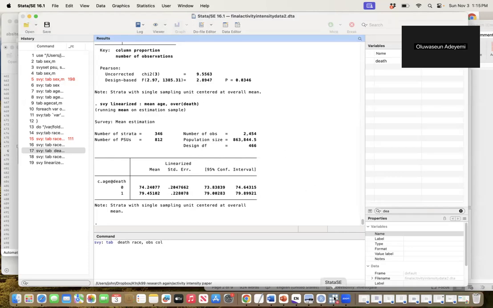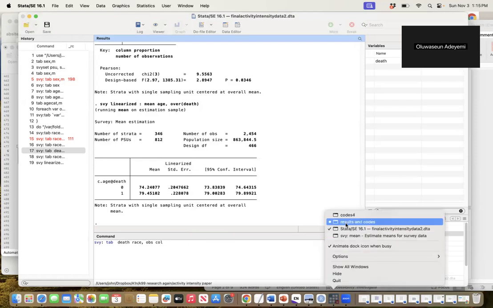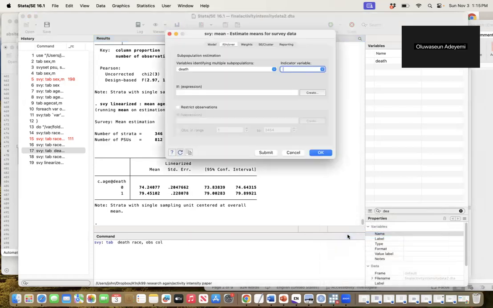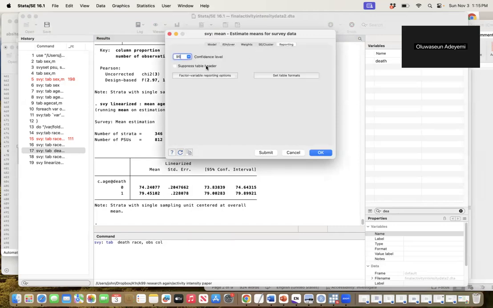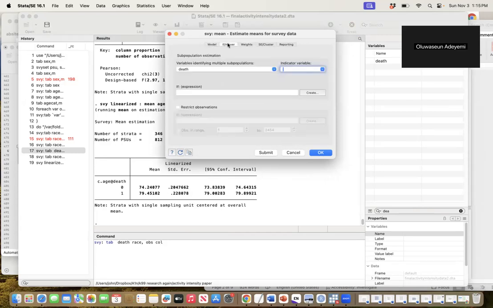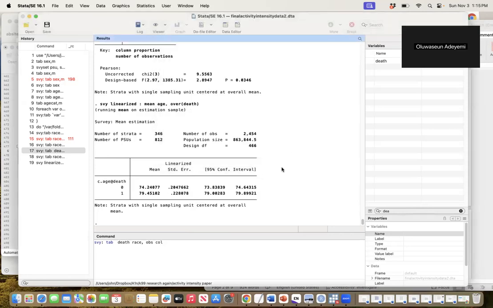Interestingly, we might just be able to generate the code here. Reporting, let's go to reporting. 95% confidence interval. So if you want to change, you can change it to 95 or not 95% confidence interval. And I think what we have here is sufficient. But if you really want to write the p-value, what I will usually do